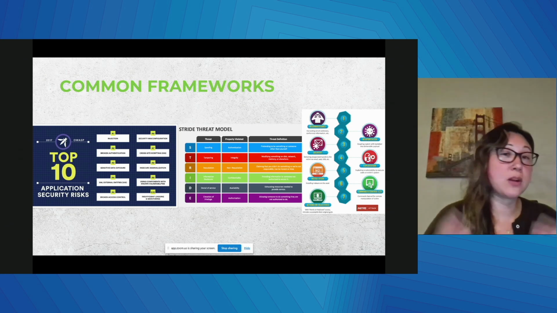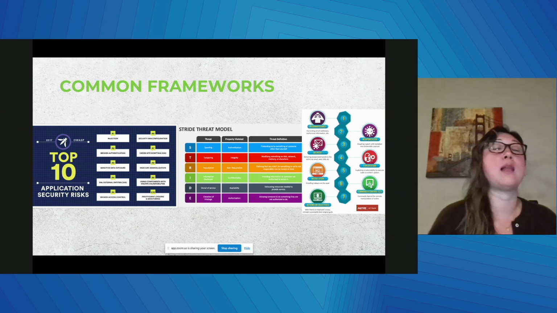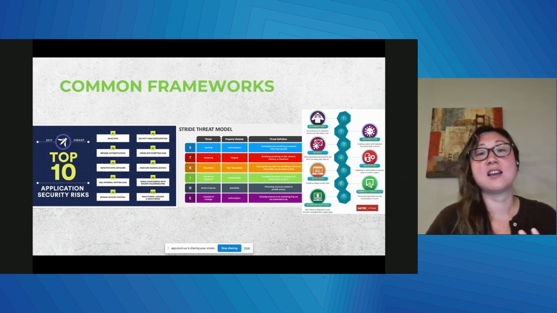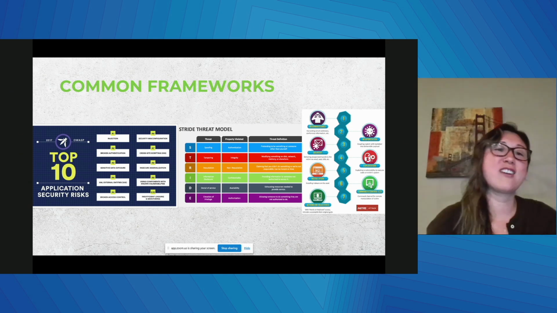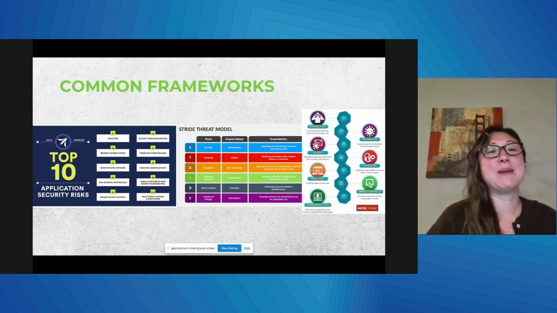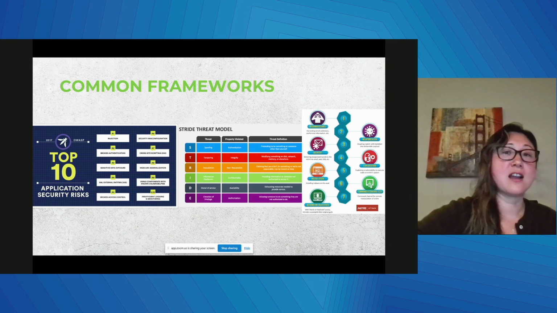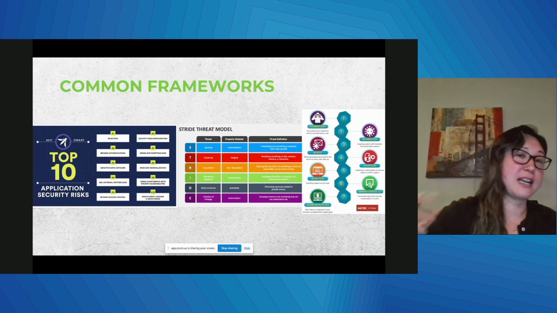So what I really want to stress the importance of here is that the Top 10 and the LLM 10 go hand in hand. Because what I see a lot is actually folks trying to opt for one or the other. But I always take them a step back, like, no, we actually should look at both, especially since we're creating some applications for people to be using these AI services and whatnot. Having both in here is actually going to be really important to understand.